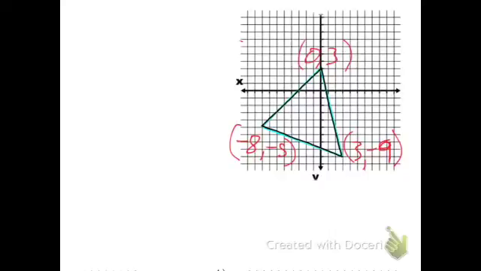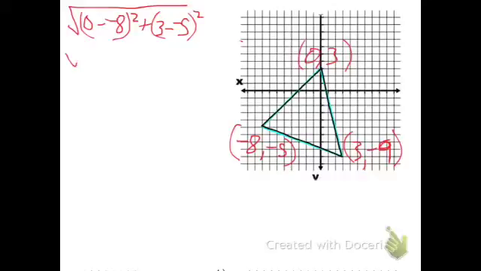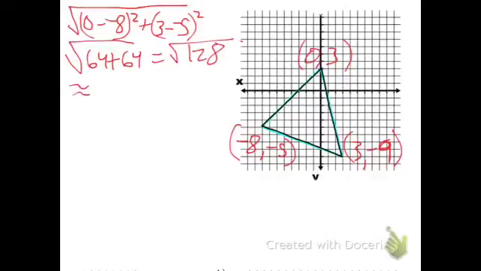If you move on to 2, we need to get all three sides on this little triangle here and add those up. I'm going to get that side first. 0, 3 is my x2, y2. So when I fill in my distance formula here, I'm going to look at 0 minus negative 8, square that, add 3 minus negative 5 squared. That's going to give me 8 squared, which is 64, plus 8 squared, which is 64. 64 plus 64 is 128, and when you square root that, you're going to get approximately